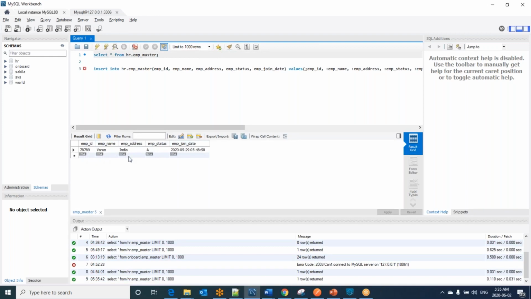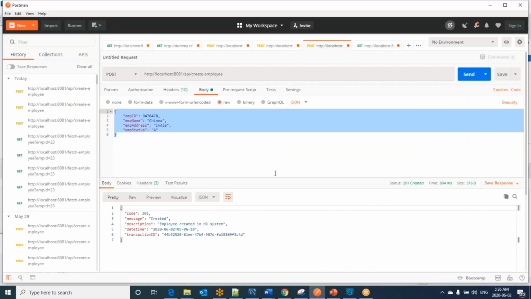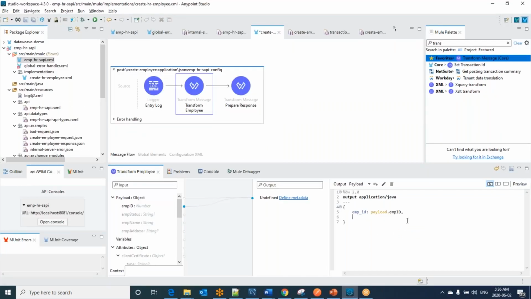I'm going to insert a few more records now. So let me take the save fields as input, which are nothing but the outcome of this one. Let me take EMP ID; that would be payload.empID that I am getting, you can see over the request. And next I have EMP name, payload.empName.